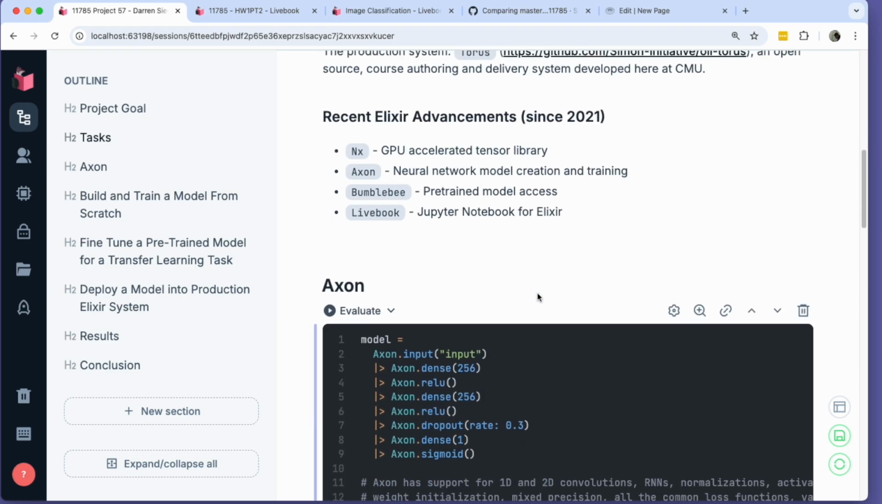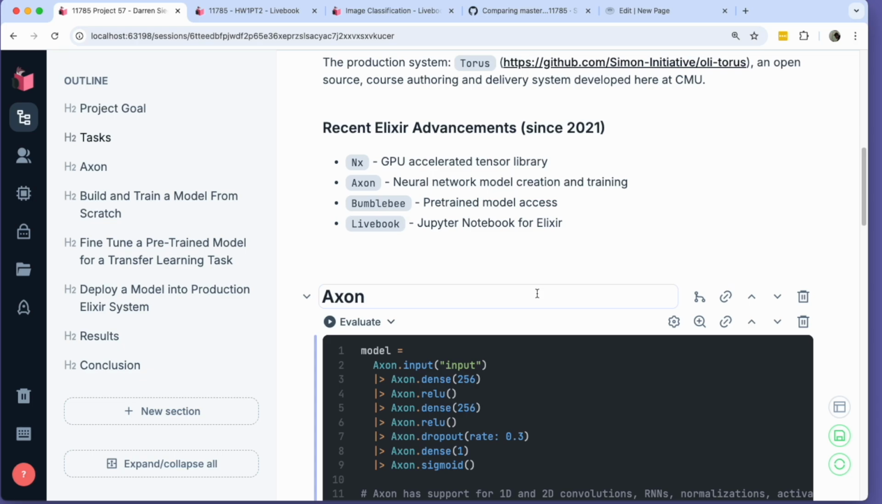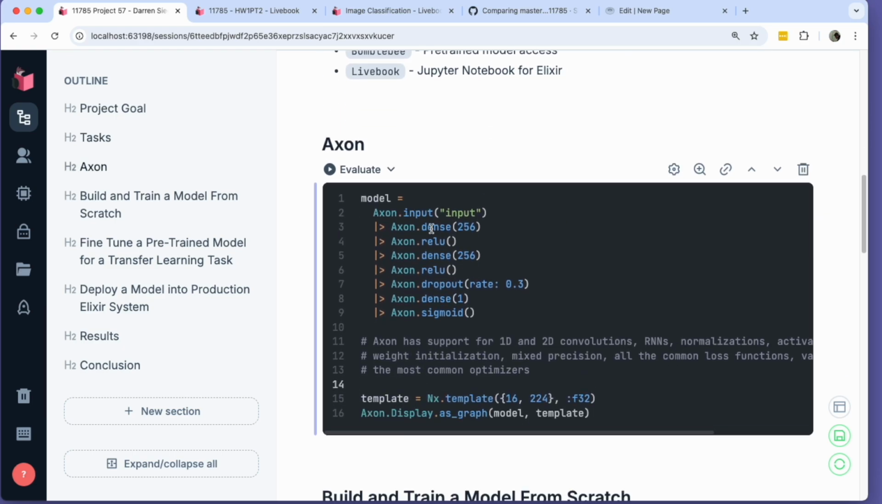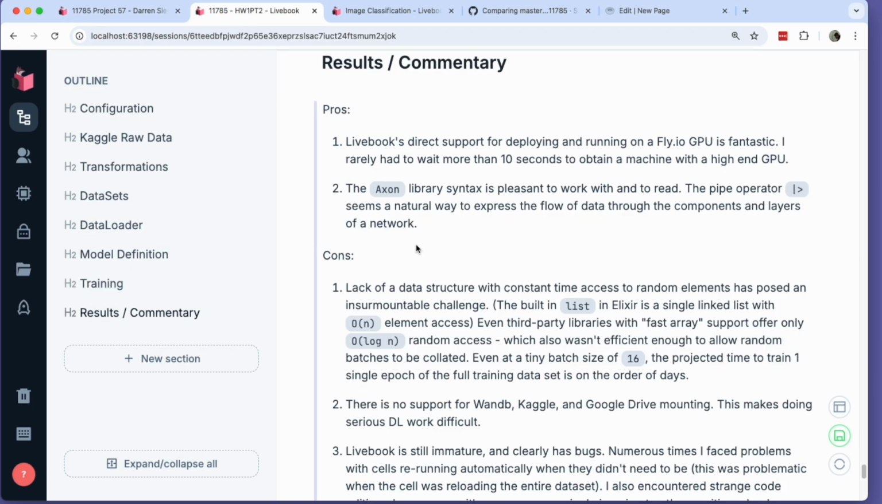The recent advancements in Elixir, all since 2021, that have now made deep learning possible are primarily the Nx library, which is a GPU-accelerated tensor library similar to NumPy, and also Axon, which is mostly similar to PyTorch and TensorFlow, right? It's a library for creating, defining, and training neural net models. And here's a brief example of what an Axon model looks like as defined in Elixir code. So moving on,